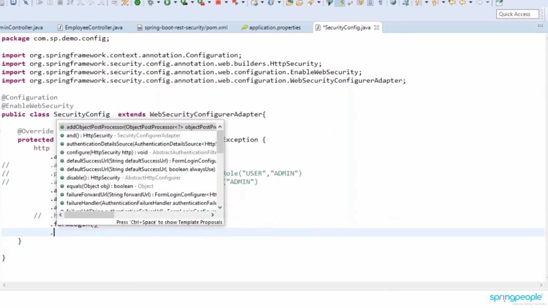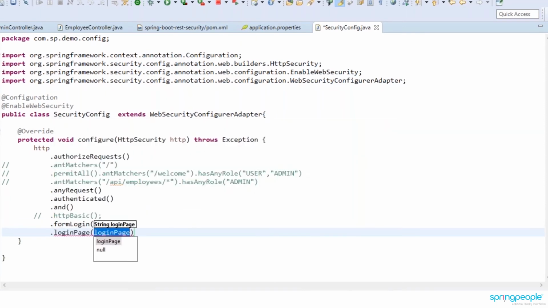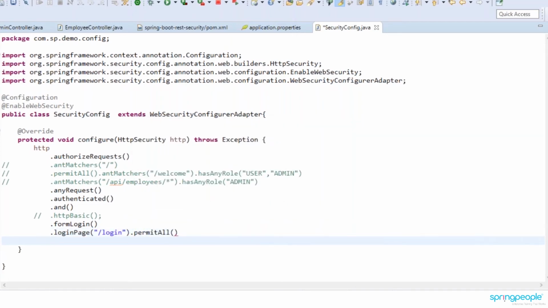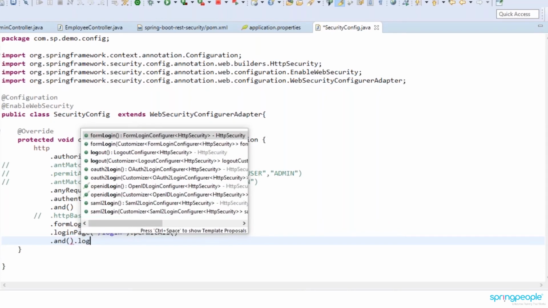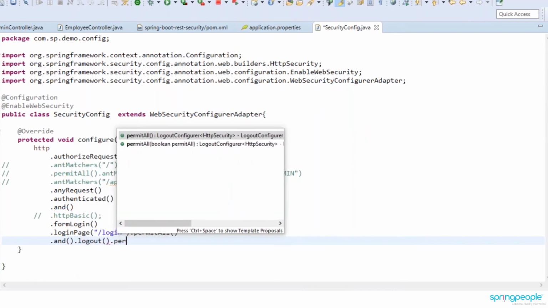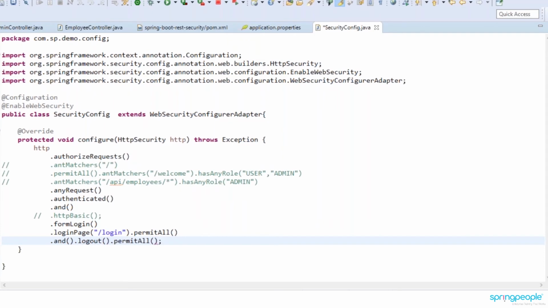After the form login, you customize the login page, which is slash login, and we want to permit all. So we write permitAll here. After that, if you want to configure logout also, we can configure and logout, and after the logout, again permitAll. Like this, you can configure your HTTP security.